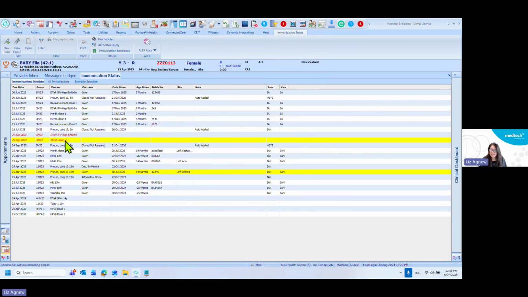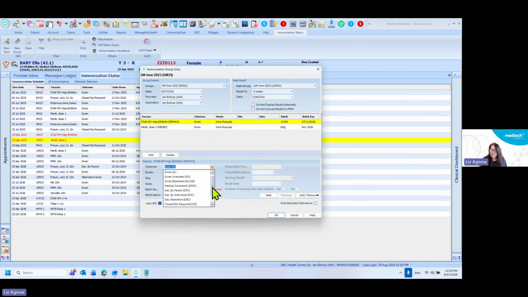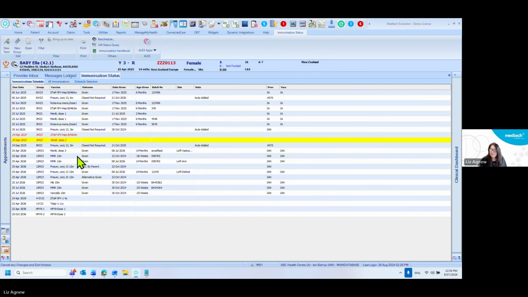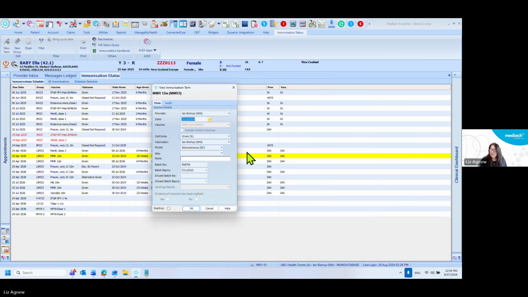So if I was looking at, say, Men B, the outcome that declined natural immunity is not in there. This MMR, we have got declined by natural immunity. If I select that,